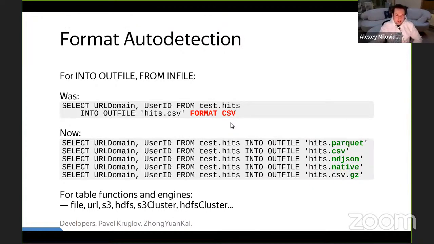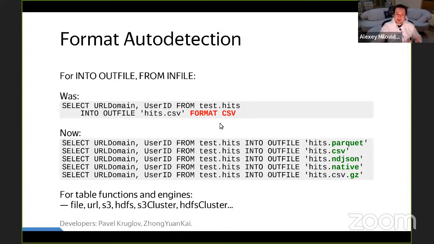You can also use ClickHouse client to select data and save the result into an outfile like this. And in the previous version, if you wanted to save in CSV, you had to specify the file name and also the format.